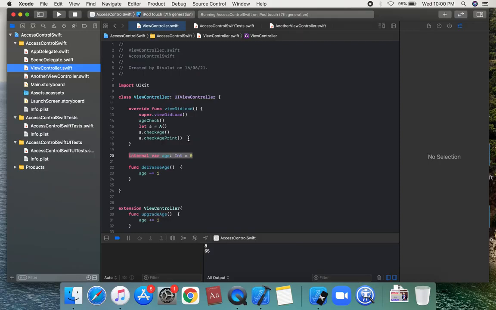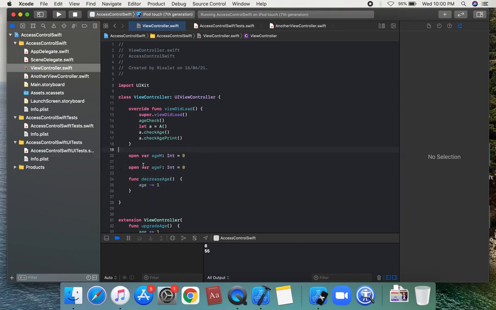So the first question is open. We're going to create other properties: ageMale and ageFemale.